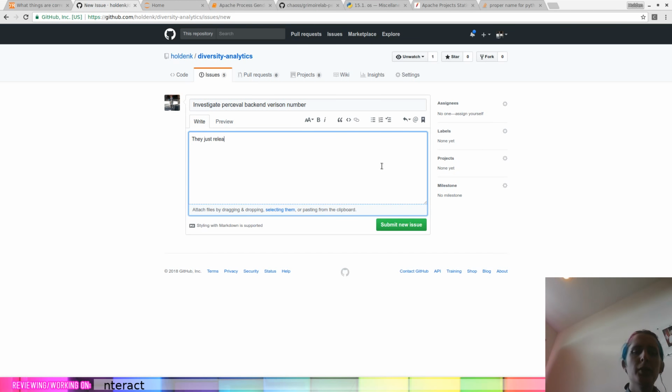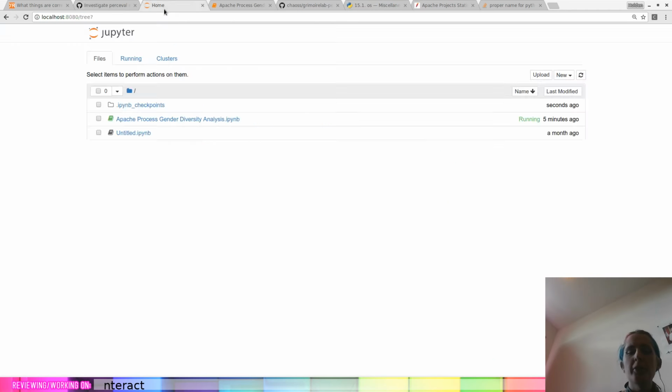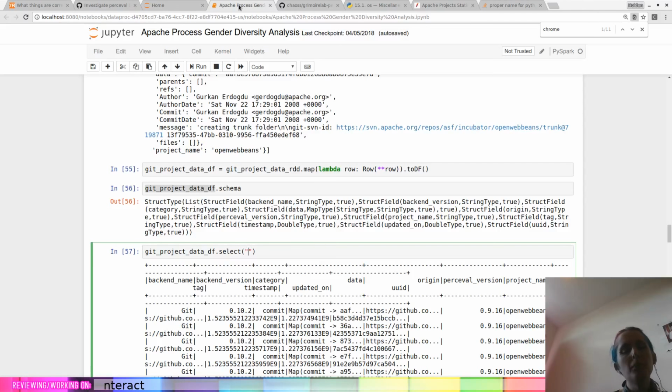They just released 0.10, but I'm getting backend information of 0.10.2. Yeah, that's weird. I mean, it's possible that I screwed up something earlier, but that's not overly important provided the other information is there.